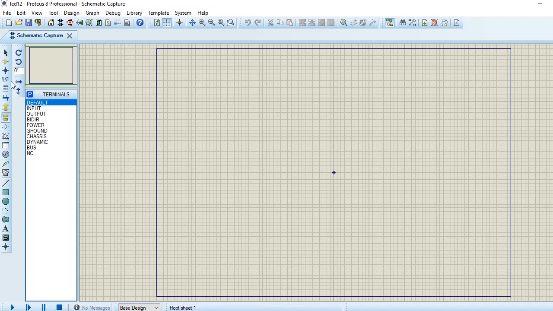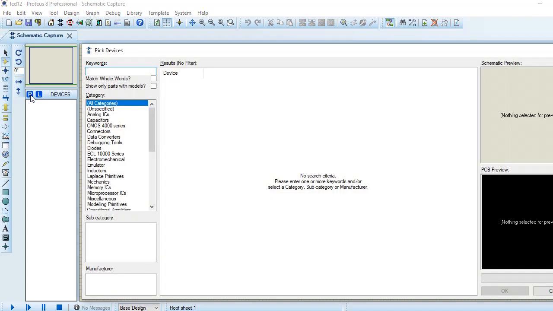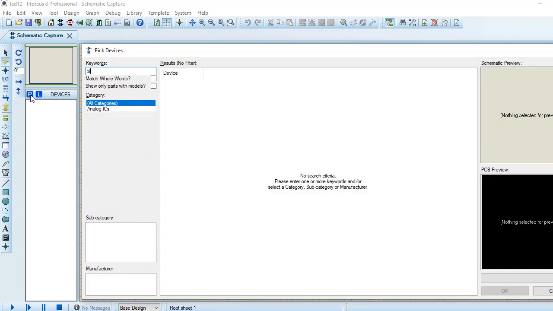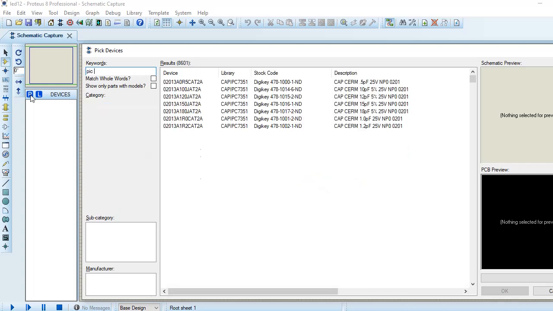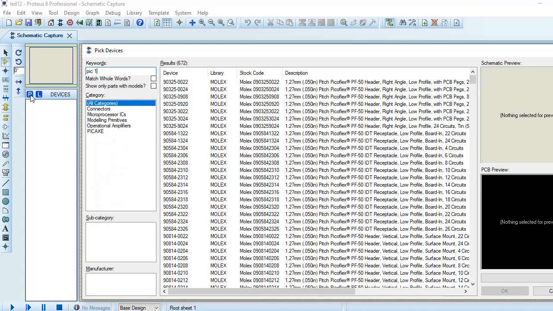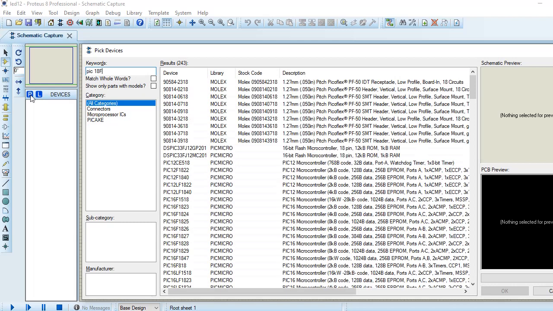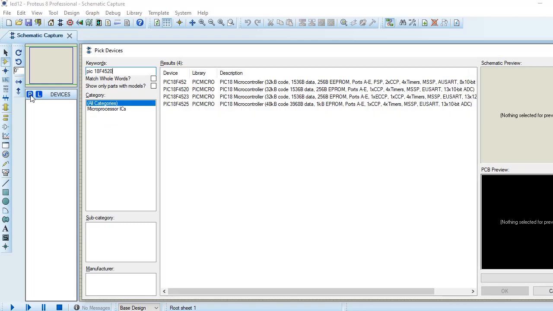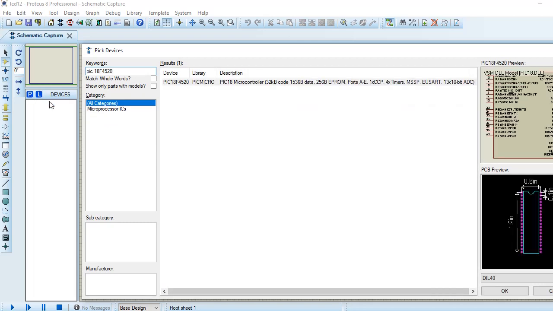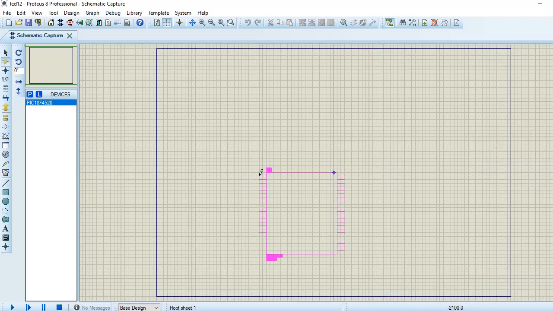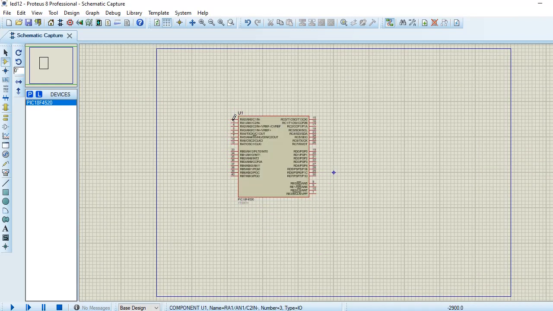Then go to the component device menu, click on P, and write down the name of the controller, PIC 18F4520. Then click on OK, and you will get this PIC controller.